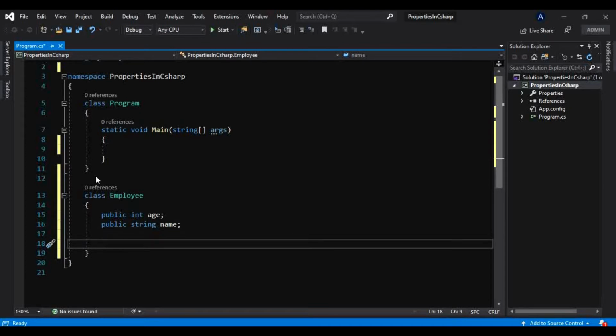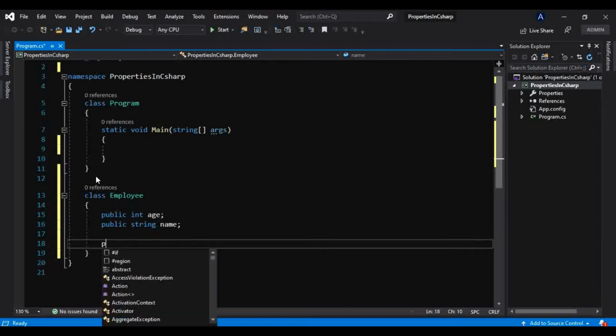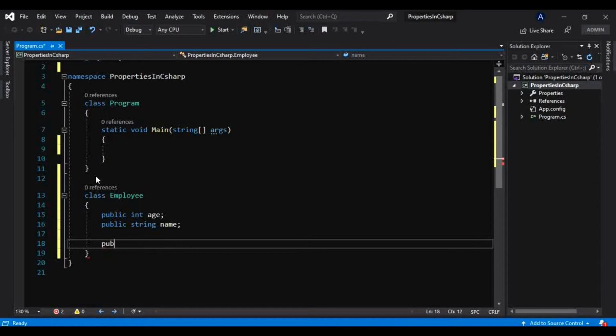Let's have one method which will print details of employee, and that will return nothing, it will just print.